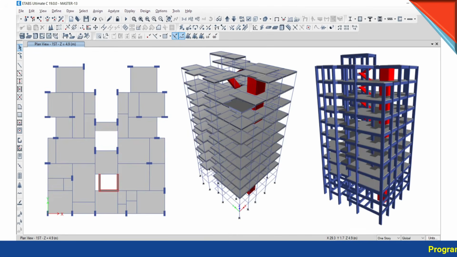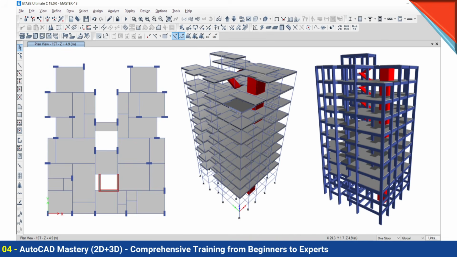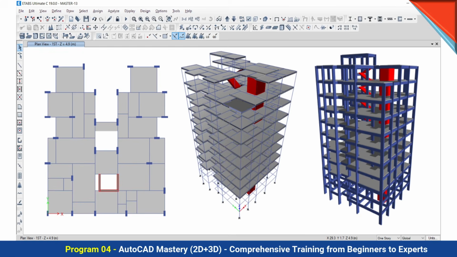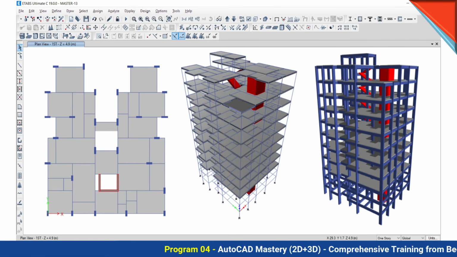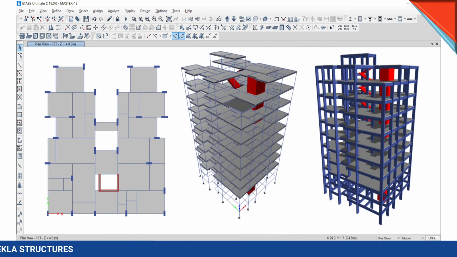How to do the modeling for the staircase? There are three different ways to consider the staircase in your structure. The very first is the actual modeling, the second is the normal modeling of the slab, and in the third case, we neither model the staircase nor model the normal slab; we do a separate calculation of the staircase and then assign it to the supporting member. So what are these three methods to consider the staircase load in your structure? We are going to discuss that point also in detail.